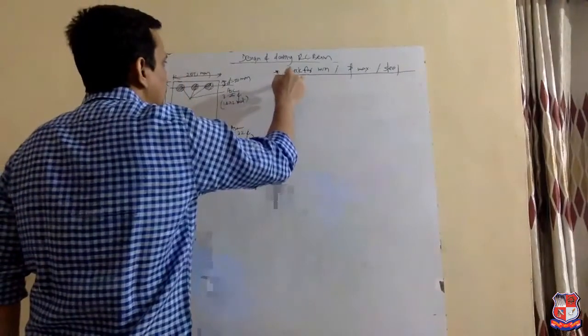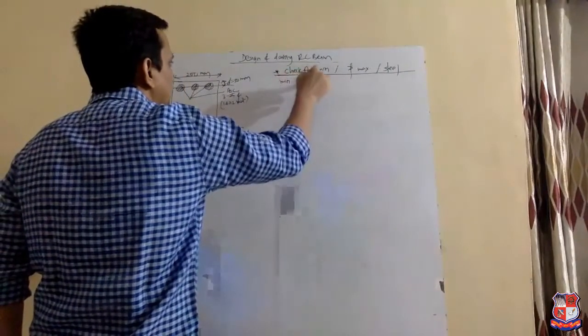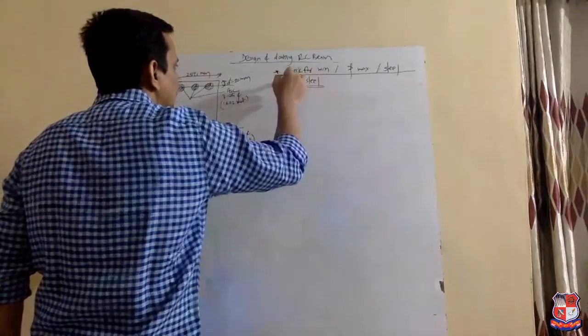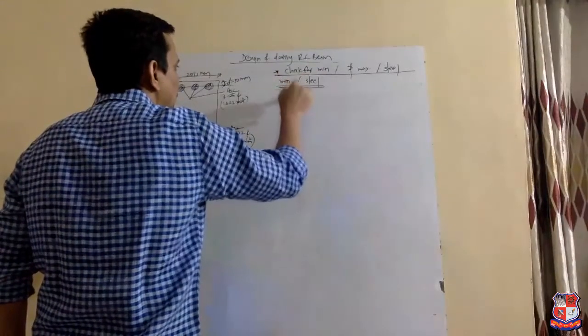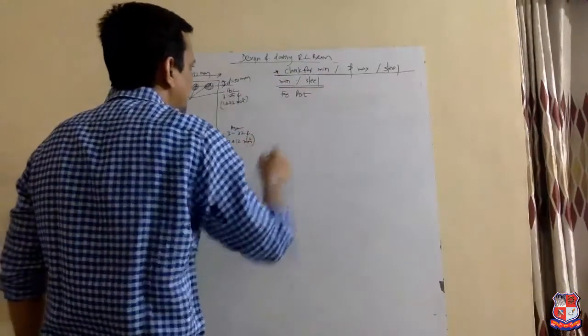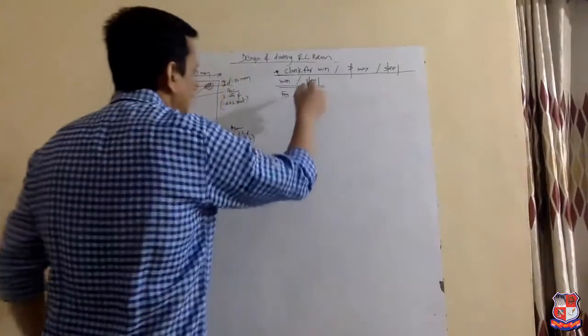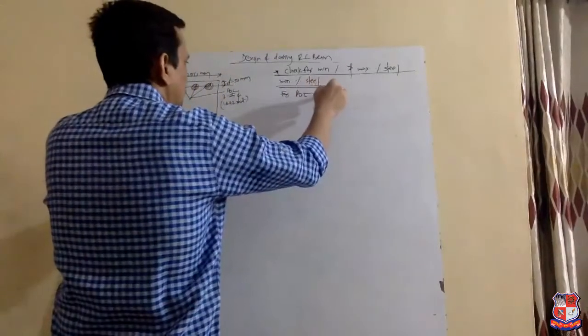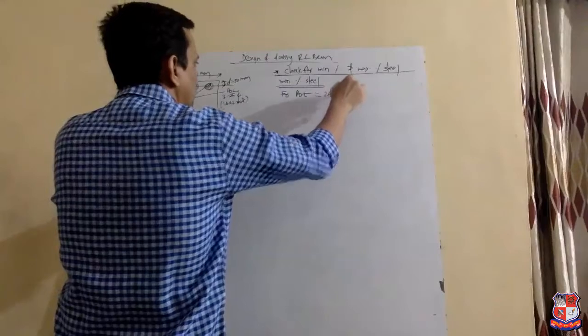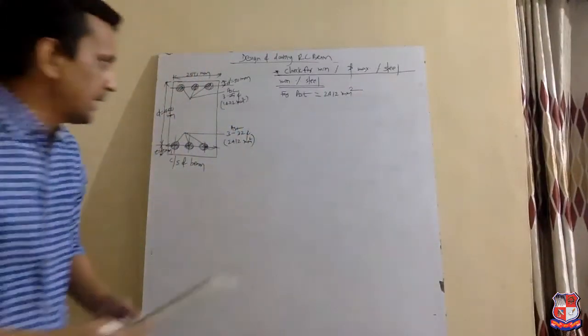First, minimum percentage of steel. Now for AST, we have 2412 mm square. So in IS 456,